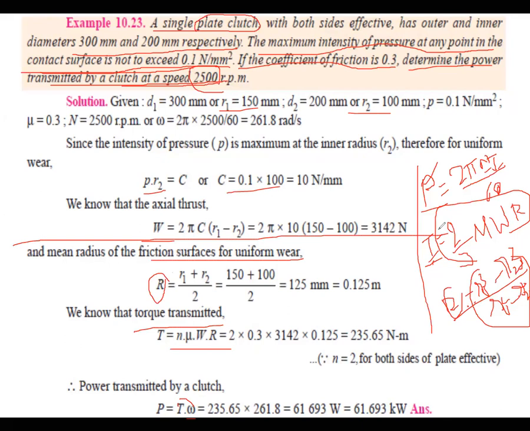So nothing is there. You can go for both uniform pressure and uniform wear. There is no harm in that. You can do both. But according to my statement, because the pressure is not exceeded here, you can assume it is the uniform pressure condition. This is the uniform pressure condition, and this is the uniform wear condition. So you can do both. Right, so this is about it.